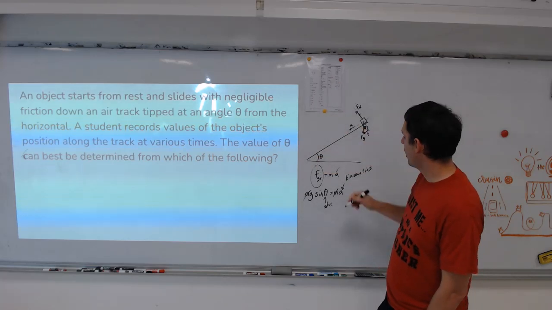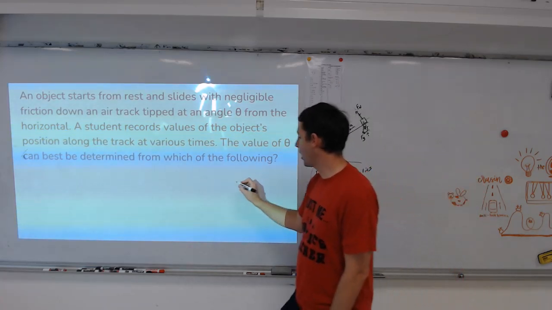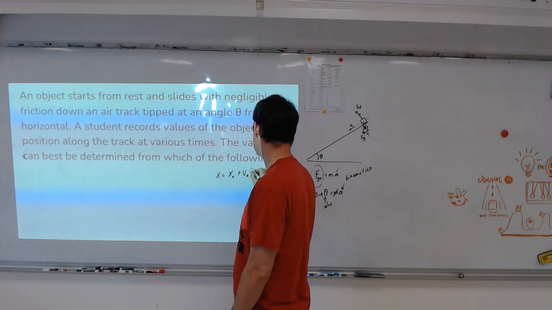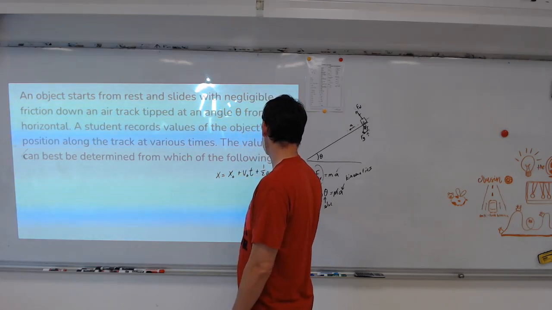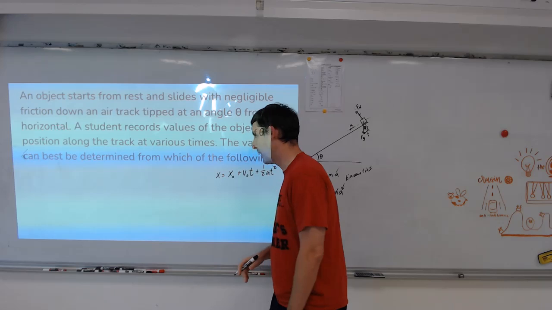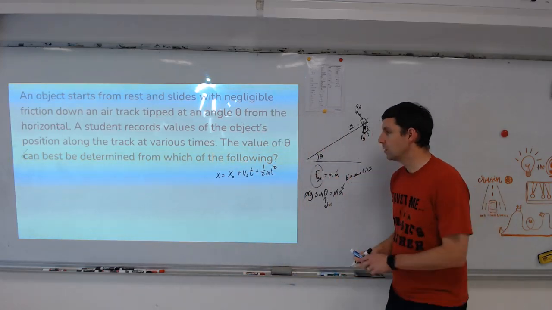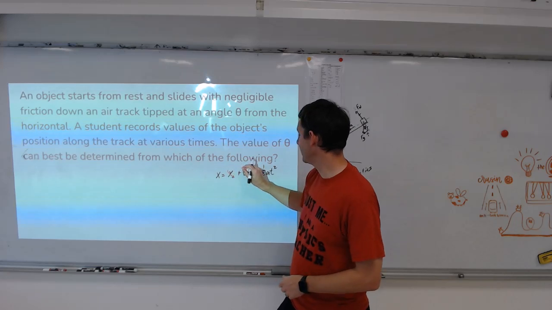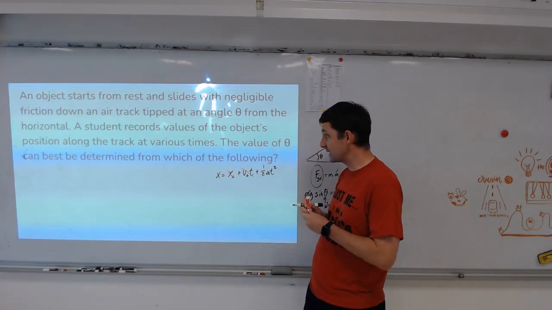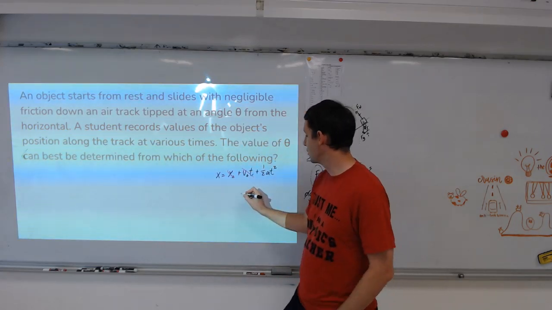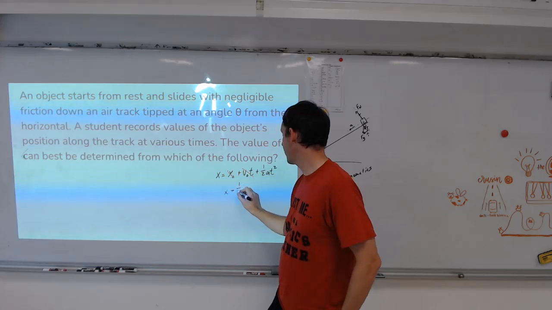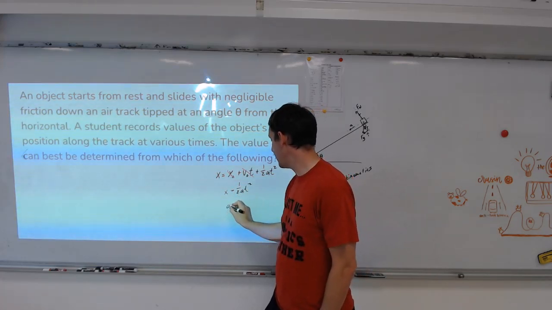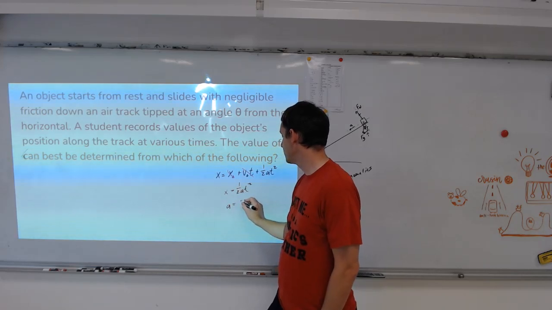That would be our first one: x equals x naught plus v naught t plus 1/2 a t squared. All right? So x naught is 0. V naught is 0 because it's starting at rest. That's given to me. And so therefore x equals 1/2 a t squared,